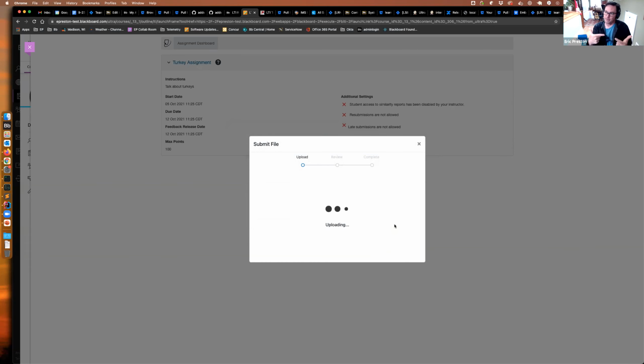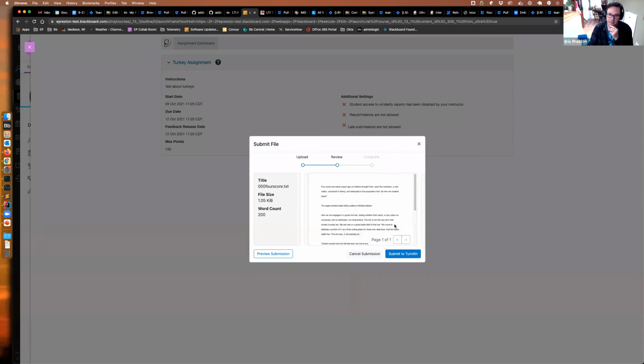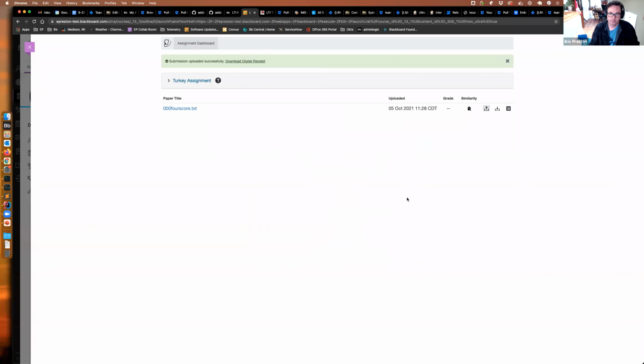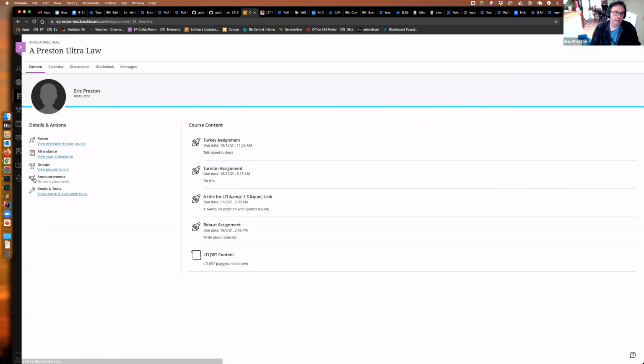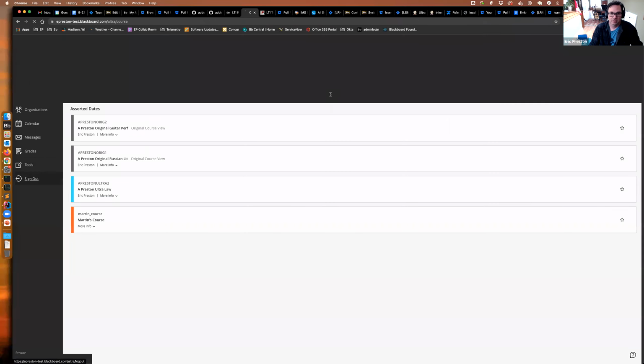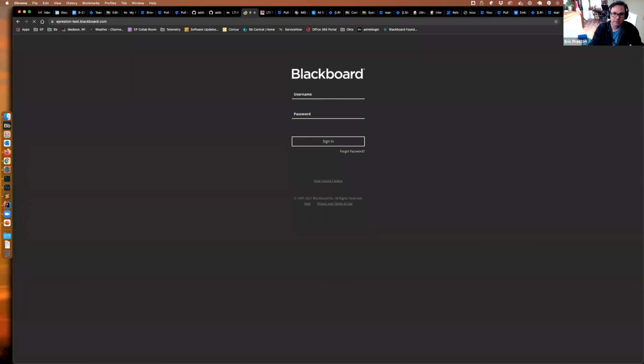At this point, Turnitin Feedback Studio loads that document. So here's a preview of that document. I submit it to Turnitin, and it's going to do an originality score, so basically an automatic grade on it. And so we wait for that to happen. And we see now that I've submitted that. I can look at it. There's no grade yet. But if I log back out and log back in as the instructor, which surprisingly enough is me,